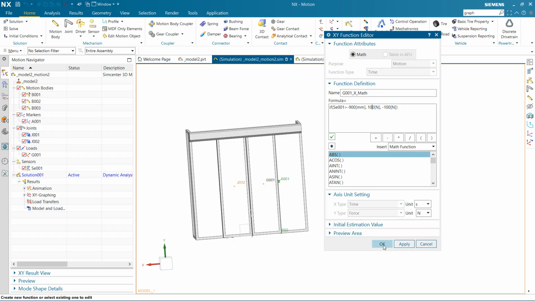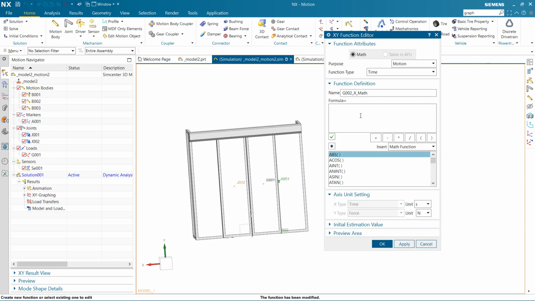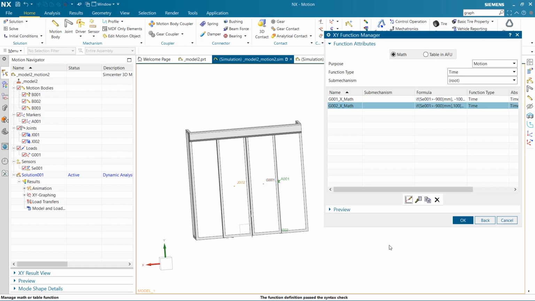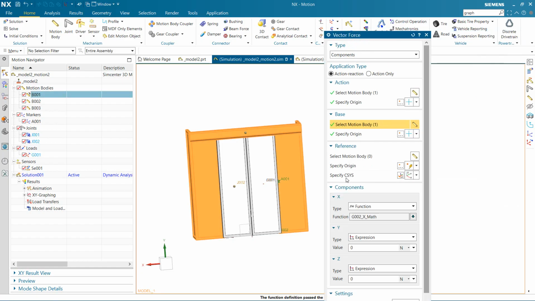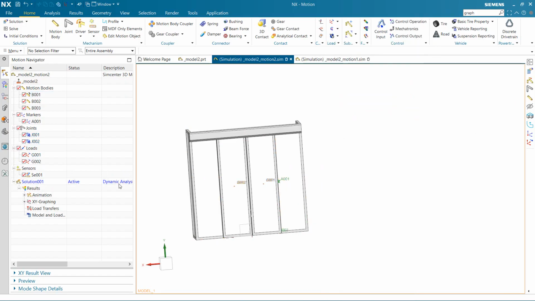So it's just click. Oh no, we kind of change that. We actually copy it to create a new function. By the way, if you change this thing, it will also change the other force that we have here. Just click OK. So create a new one. Here, you only need to change the sign so that it works. Okay, so let's choose that, and then that's it. Easy. Click OK, and then solve it.